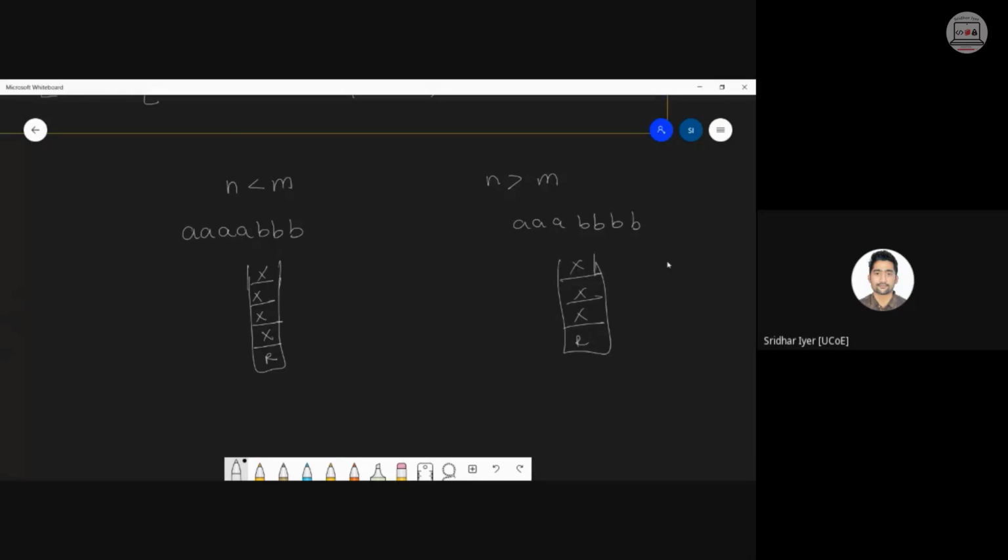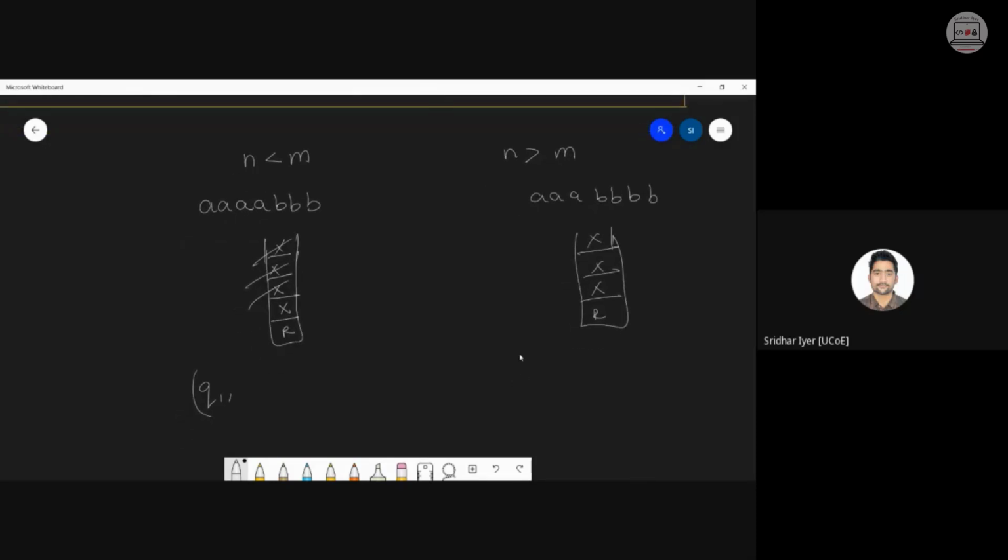Okay, now what will happen, for each B I am going to pop 1 X from the stack. So at the end I will be left with 1 X. So this will be somewhat like this. This is just an instantaneous description I'm showing. I hope you know now what exactly instantaneous description is all about. We have seen it in the previous lectures. So it will be Q1 comma epsilon because we don't have any inputs left and still we are having one stack symbol left. So in such a case, it will go to the final state.